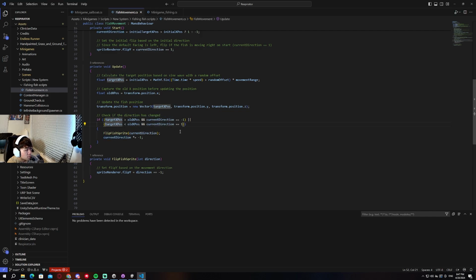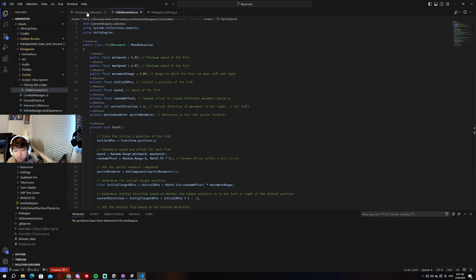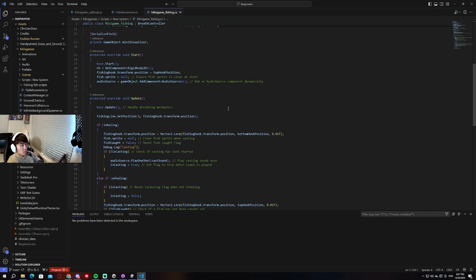And then we also check if the direction changes, so we know we have to flip the fish sprite depending on if it's going left or going right. So this just checks if it did switch, then we'll have to flip the sprite. And this is the method that does that. But yeah, that's basically the fish movement script. Very simple. Here is the actual minigame